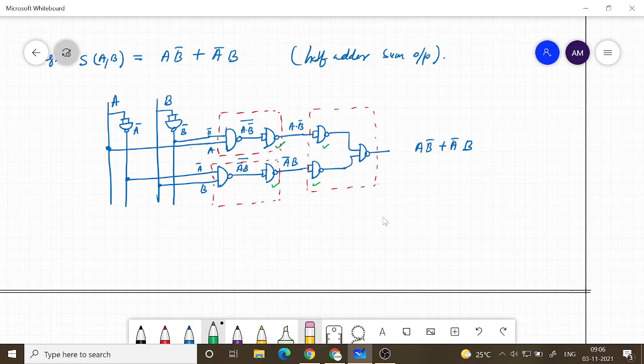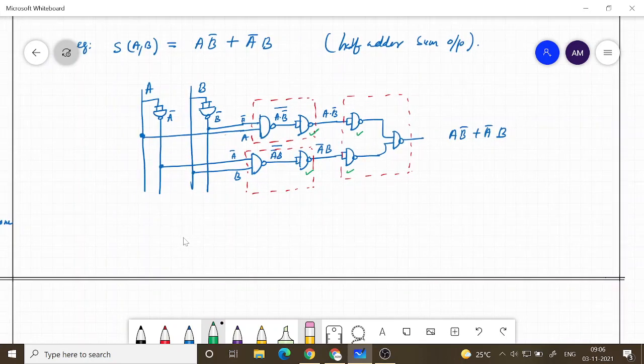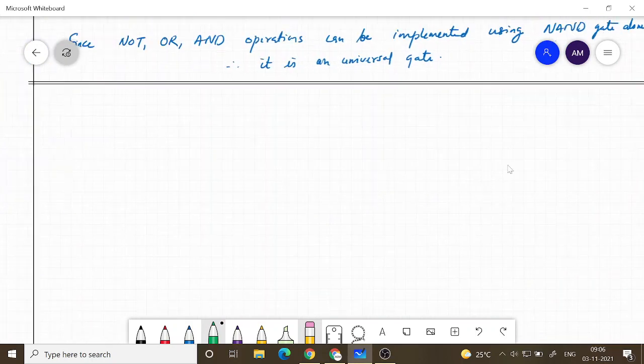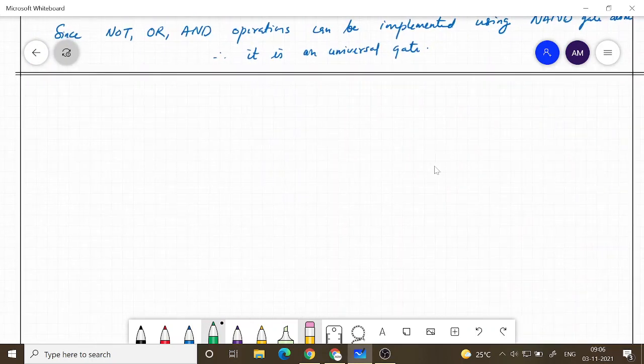So we need to find out a way of finding out an implementation where we use minimum number of NAND gates. So how we can do that? Implement the same function using minimum number of NAND gates.